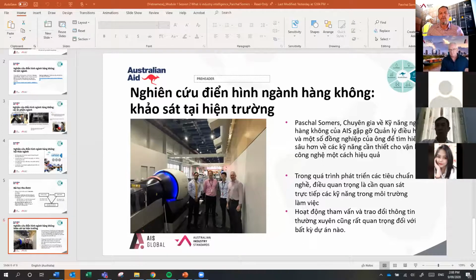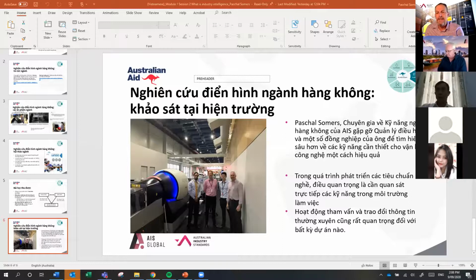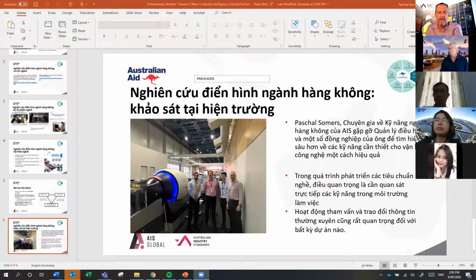And it's all driven by the insights that are gained through industry intelligence collection. It's refined through that process. So we need to think about industry intelligence as an ongoing process, like a cycle of activity. But I think what Pashal's given us is a very interesting insight into a practical application of industry intelligence, how